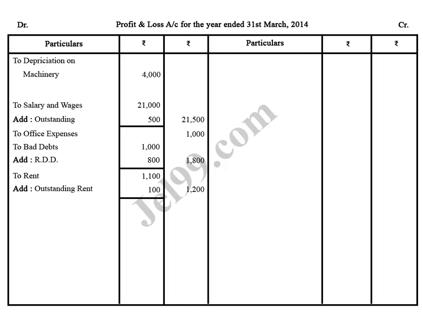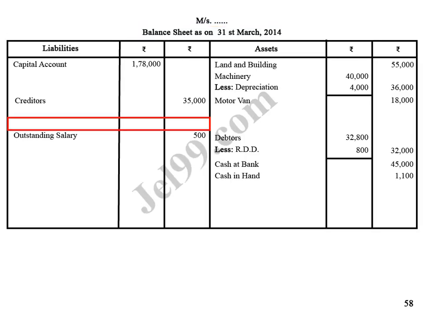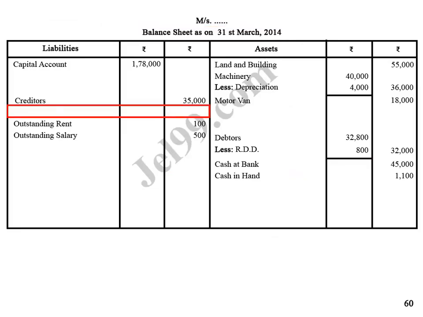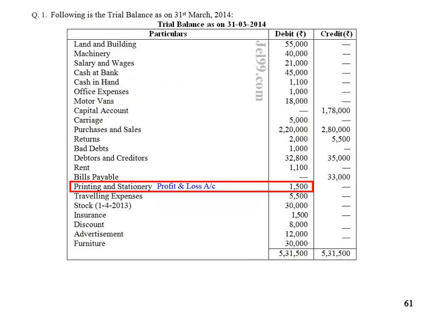to rent, and its second effect shown in balance sheet, liabilities side, outstanding rent rupees 100, because such outstanding rent are still to be paid, hence it is shown in the liability side. Next entry, bills payable of rupees 33,000, it is shown in balance sheet, liabilities side, bills payable rupees 33,000. Next is printing and stationery of rupees